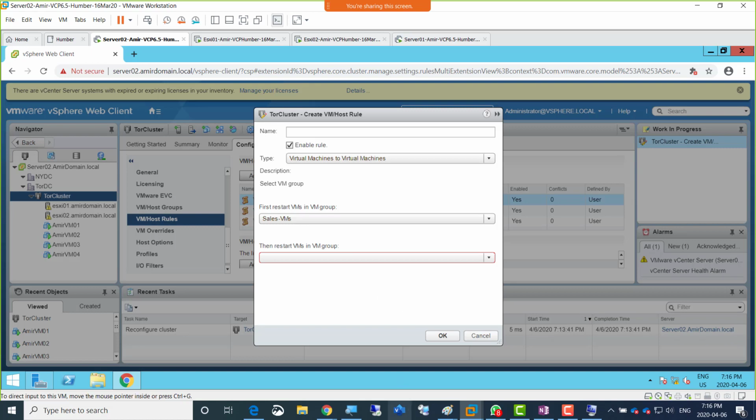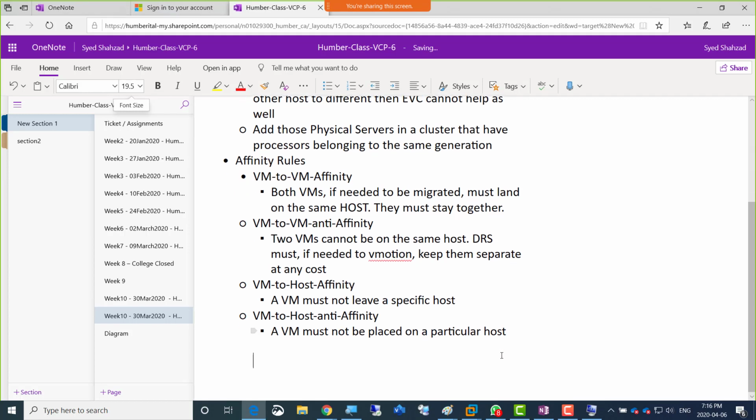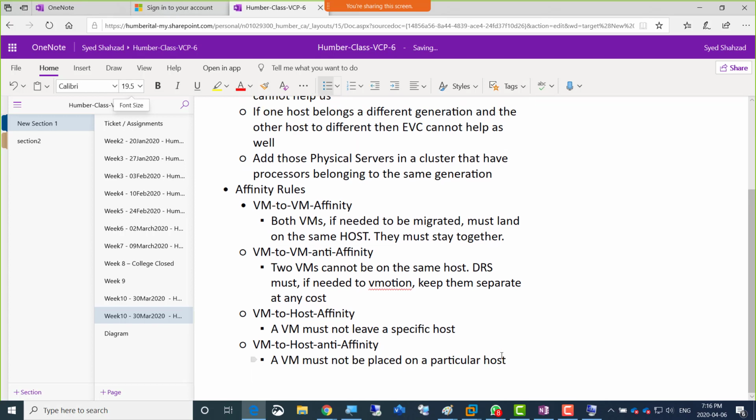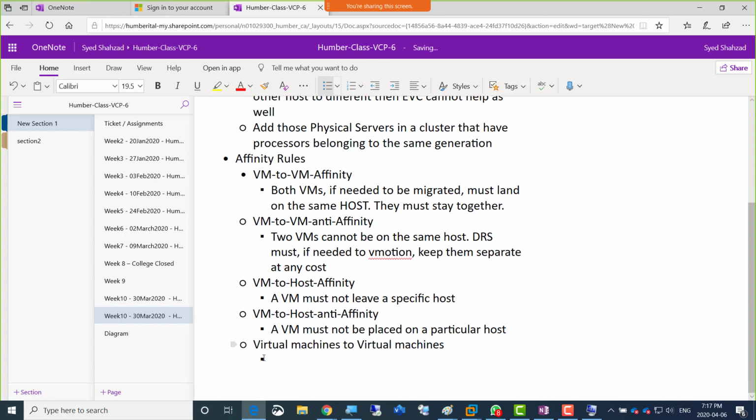So that would be virtual machine to virtual machine, and I did not write that, so I'll be writing virtual machine to virtual machine. I hate this browser-based OneNote, but anyway. Okay, so here, virtual machines to virtual machines, and that is we can just go for the priority of starting